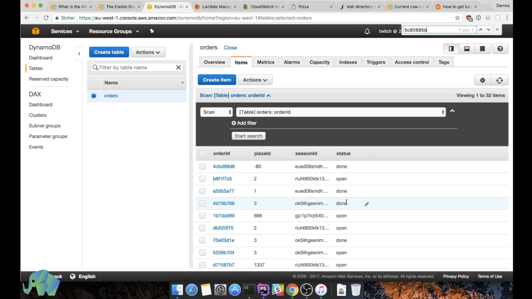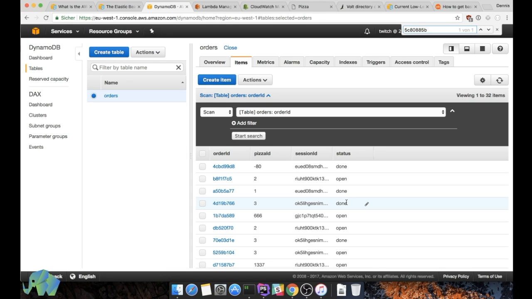Question from the chat: what are Lambda functions good for, or what do we use them for? A prime example for Lambda functions is image processing. In our use case in the company, we have raw images that are uploaded to an S3 bucket, as I said earlier, this sort of FTP server, if you so want, or data storage. And we want to slice them into different sizes, for example for thumbnails or gallery images or whatever you can think of. Every time somebody uploads an image, this triggers an event which invokes a Lambda function, which reads the configuration from S3 that tells the Lambda function what slices are needed for this